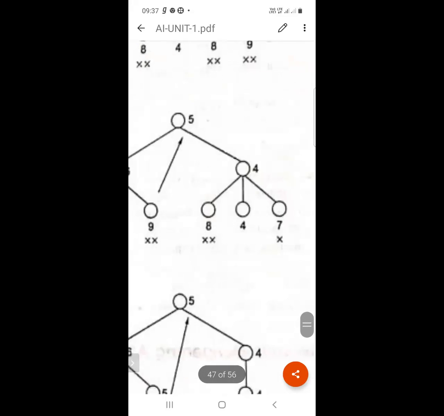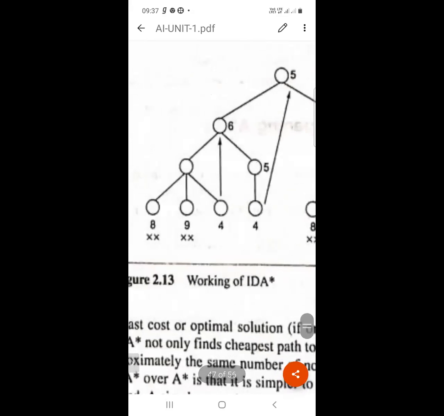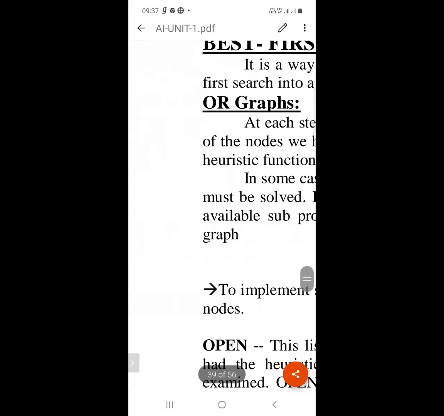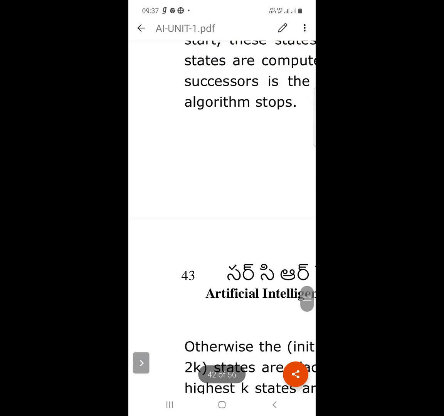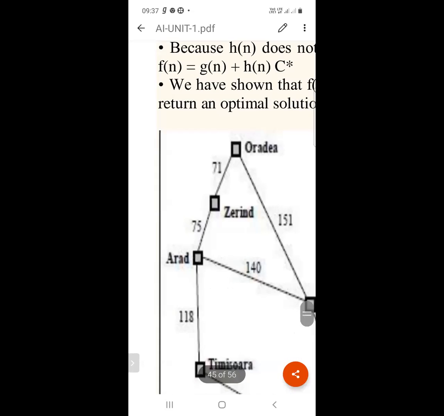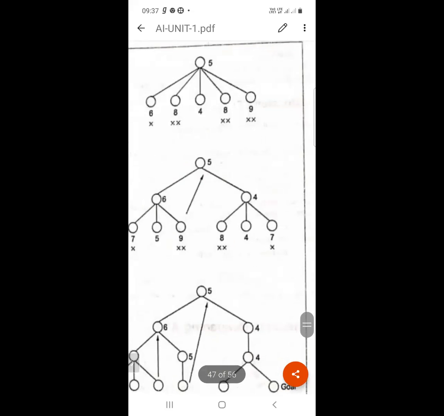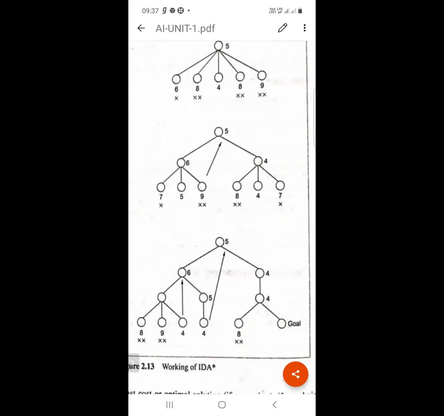Next iteration, third iteration. The goal state is reached.